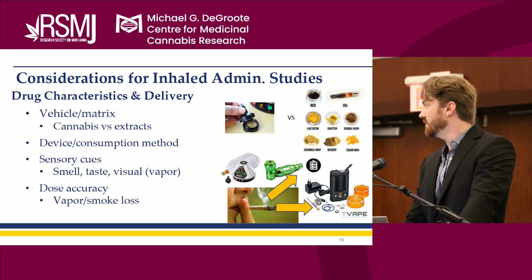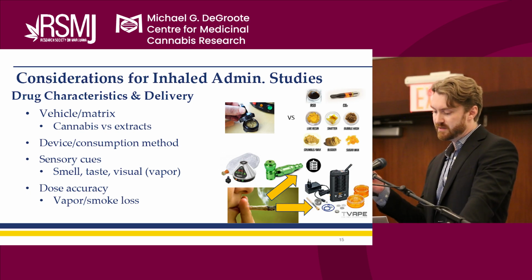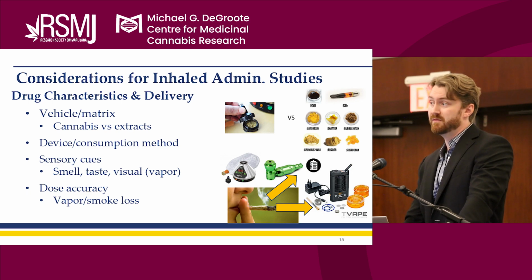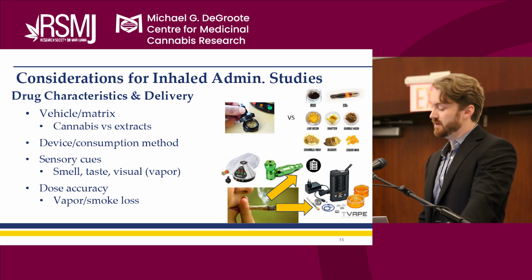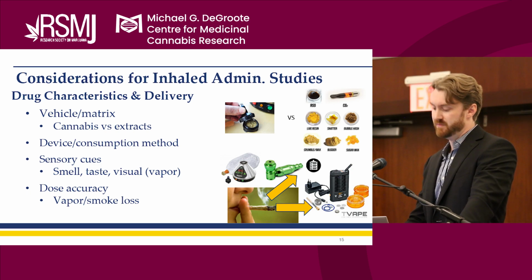Many of these are used to control the sensory cues. So when vaping cannabis, you'll be able to cover up what kind of drug you're administering inside the capsule. With this pipe here, you're able to cover up the sensory cue of visually looking at the cannabis. The subject can't see what they're smoking. With joints, it's a little bit more difficult, but you also just use placebo cannabis. And then another thing to consider with smoked cannabis studies is that you have drug loss from side stream smoke